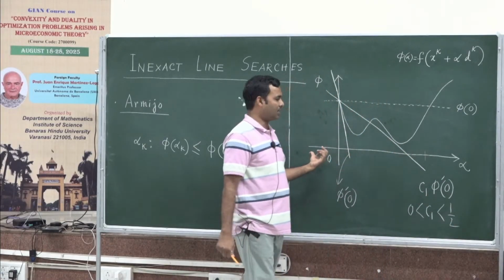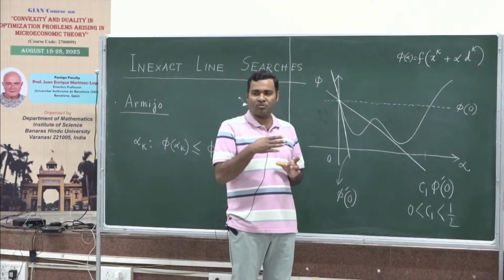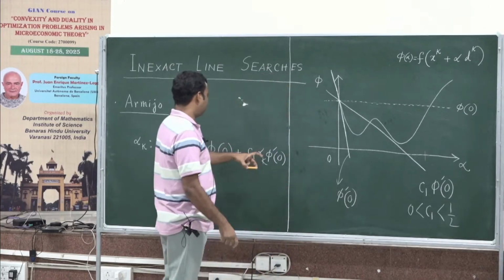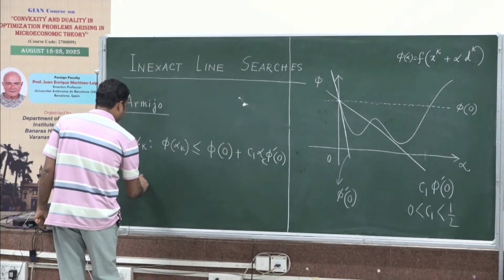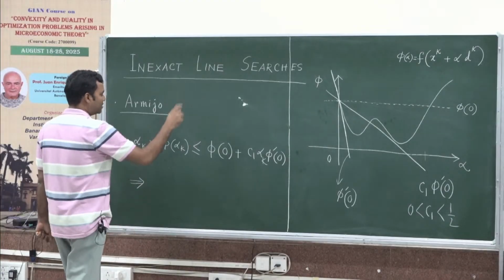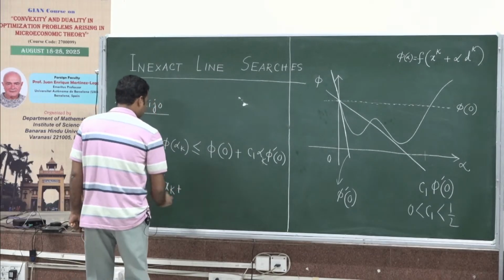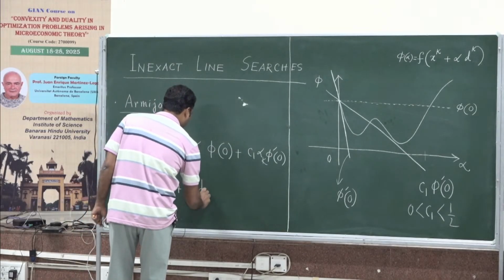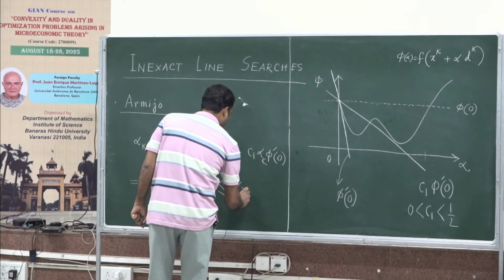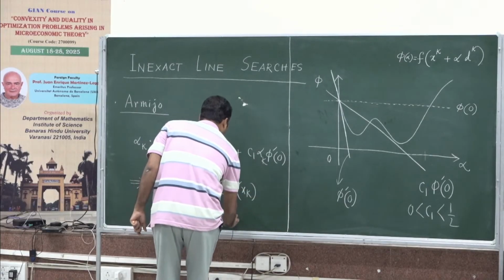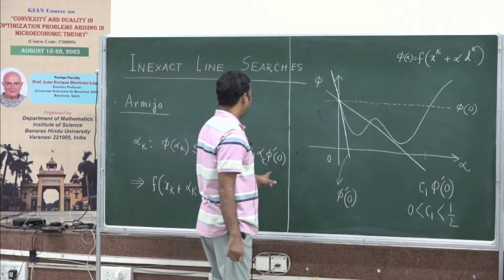Both the points are taken care of, that the function value decrement is substantial plus the step length is not also very aggressive, and both the points are taken care of by this particular condition. In terms of the function f, this phi is an auxiliary function. In terms of the function f, we notice that this condition precisely says that f(xk + alpha k dk) is less than or equal to f(xk) + c1 alpha k